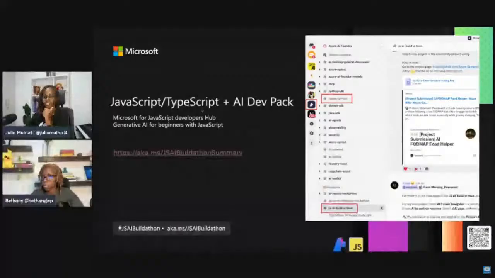So ensure that you share your project with folks, ask them to vote for your project, and then we'll be sharing more communication towards the end of the week. But ensure you fill out the survey form for us to get the details we need to get you the badge.